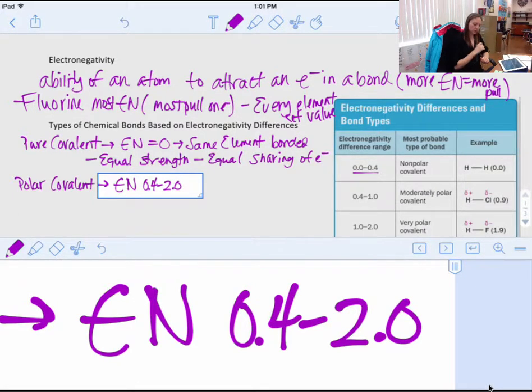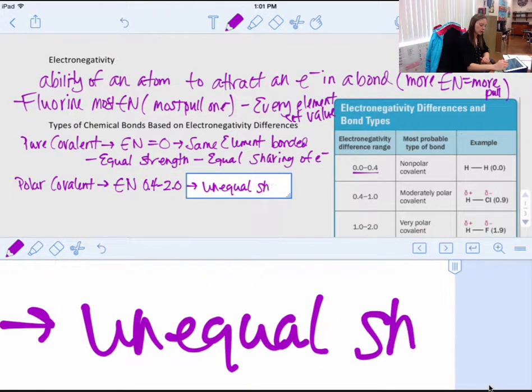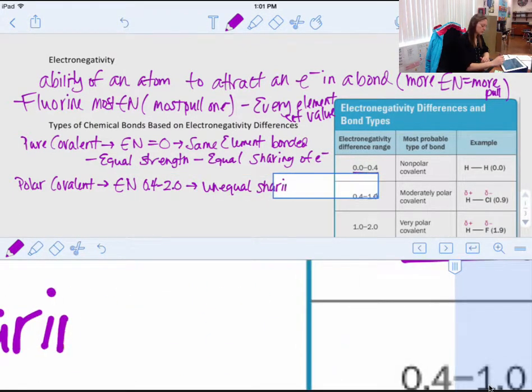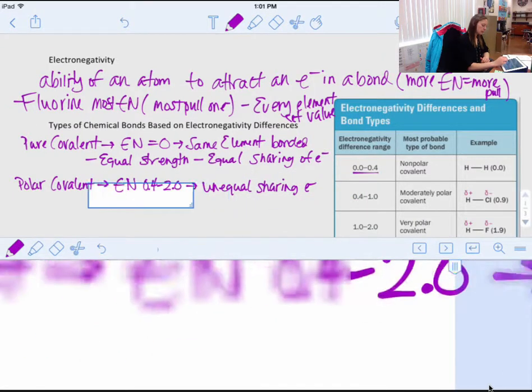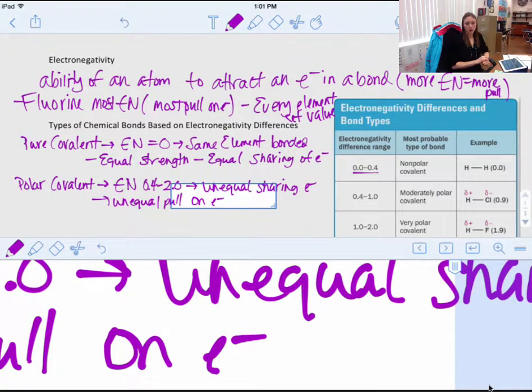Okay, but between 0.4 and 2, we're dealing with an unequal sharing. And again, we're sharing electrons, which means that we have an unequal pull on those electrons. Okay, so you're either going to have a pure covalent or nonpolar, or you're going to have a polar